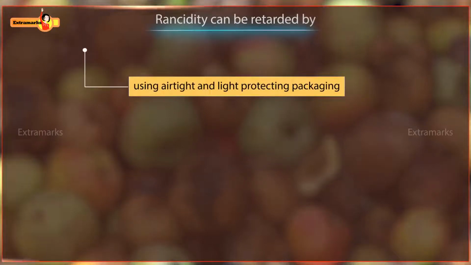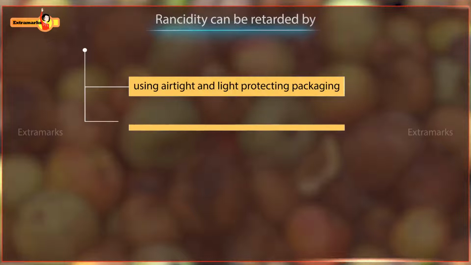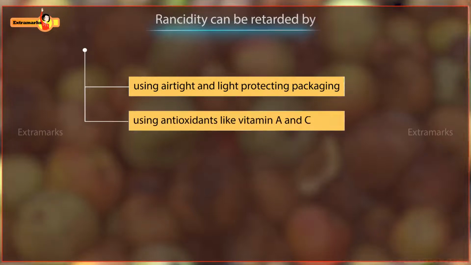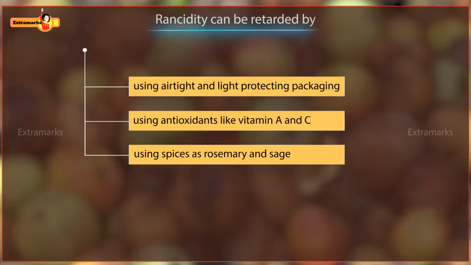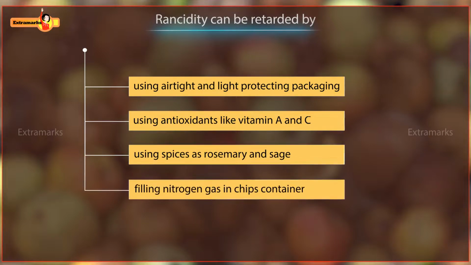It can be done by using airtight and light-protecting packaging, by using antioxidants like vitamin A and C, by using spices such as rosemary and sage, by filling nitrogen gas in chips container,